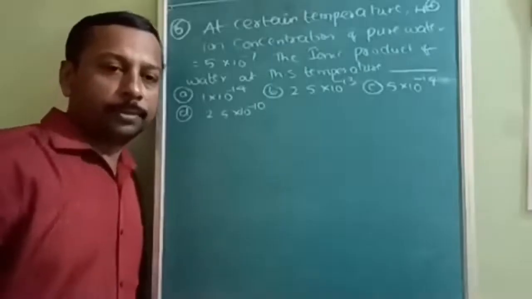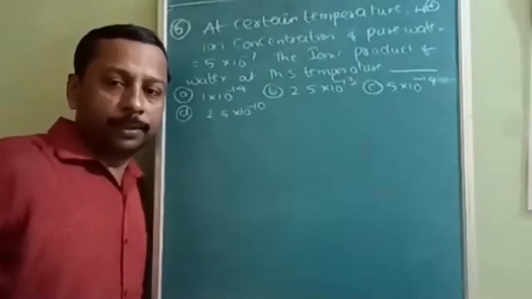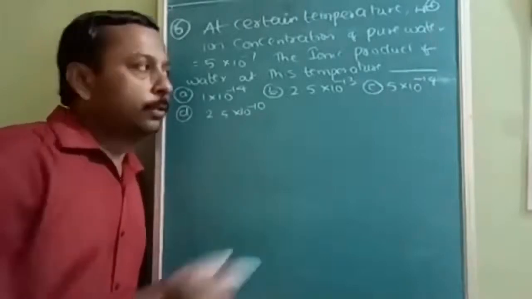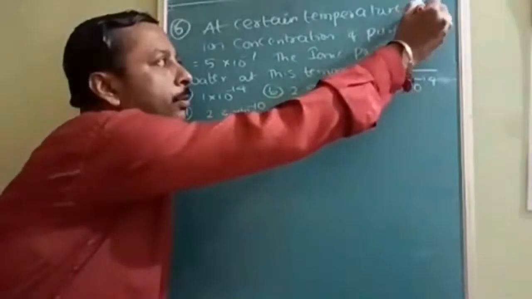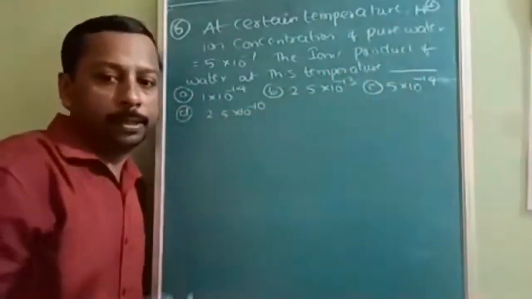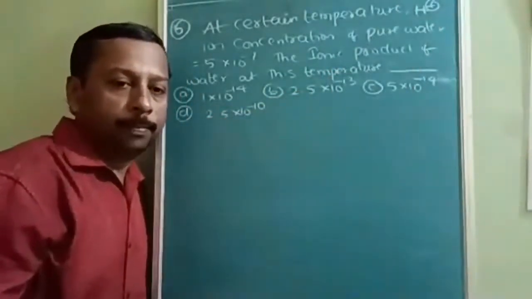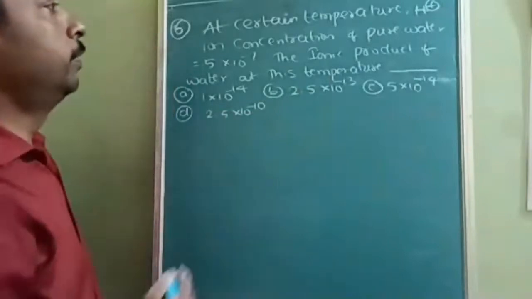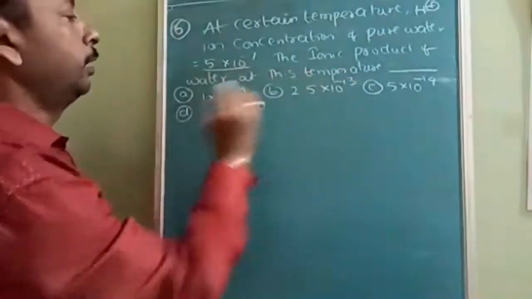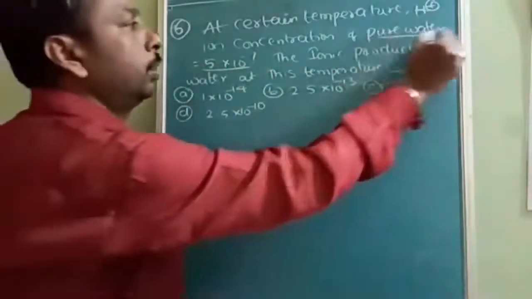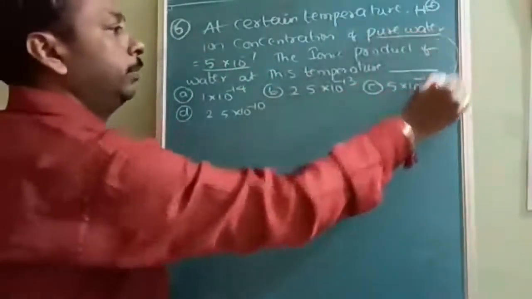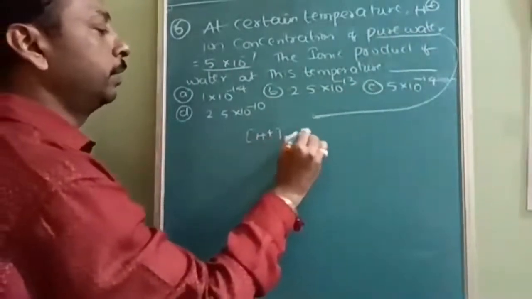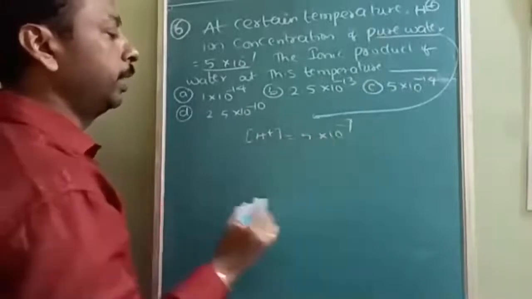Go through this question, because of this type of question only I explain through the derivation. Some students may feel that how the derivation will come in the examination. This is how questions will be based upon the derivation procedure. Here they have given H positive and the ionic product of water, pure water. This is the keyword of this question.